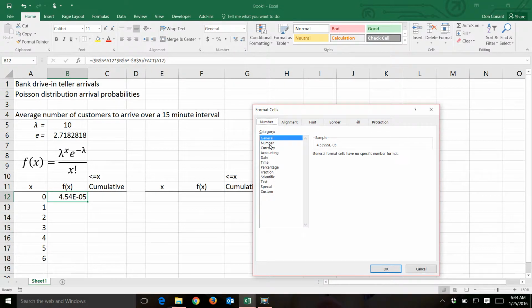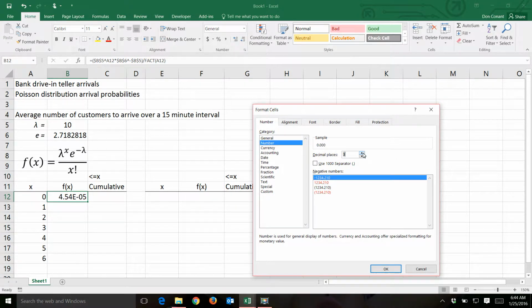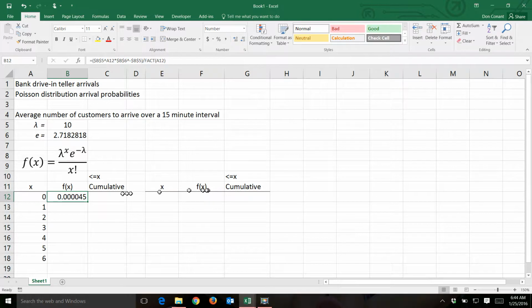I'm going to change that to number. I'm going to move it to about 6 places behind the decimal. That should be enough. Good. We have the probability of 0 arrivals. I'll double click on that, and that gives us the probability of 0, exactly 1, exactly 2 arrivals per 15-minute